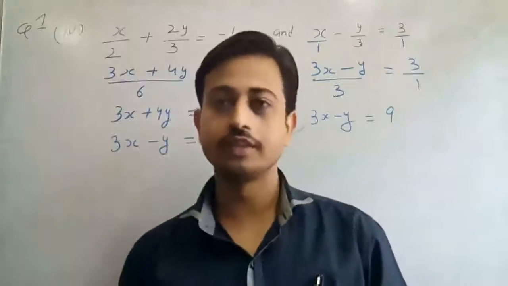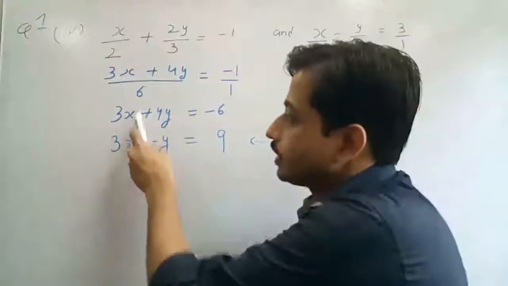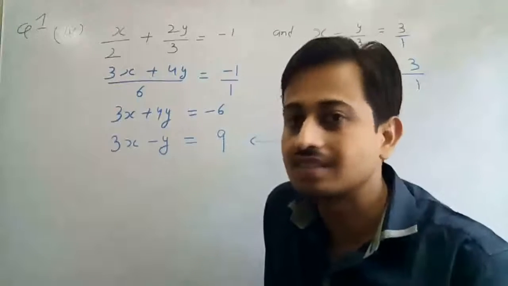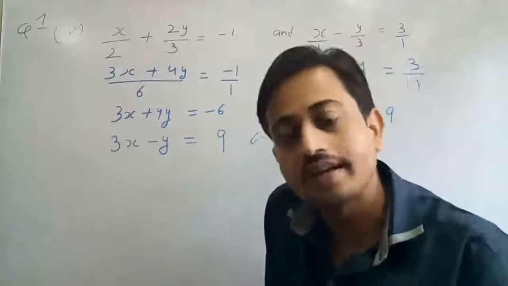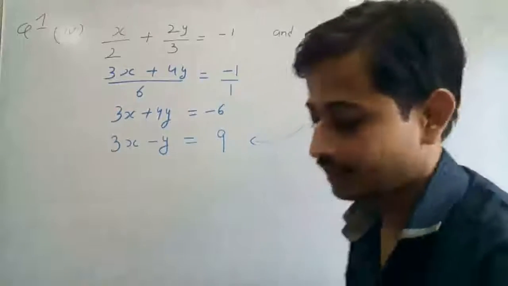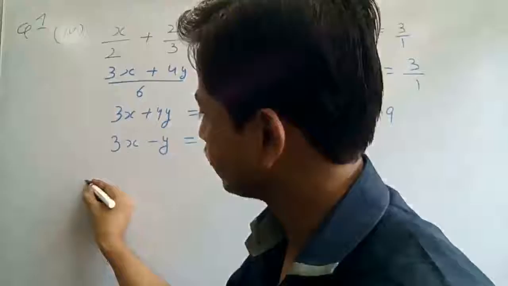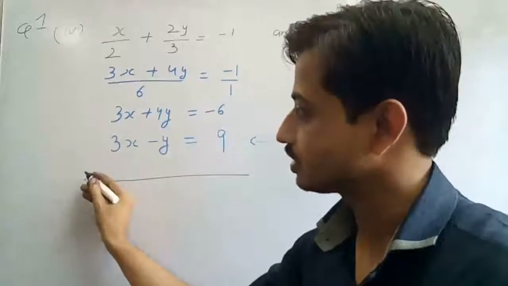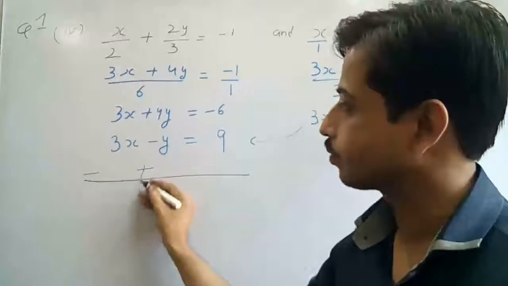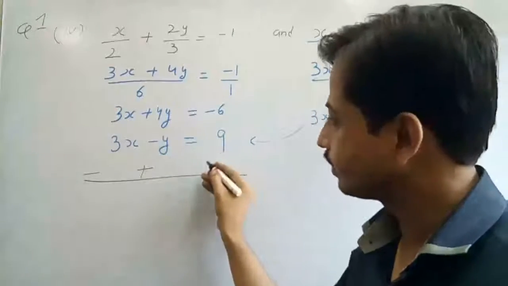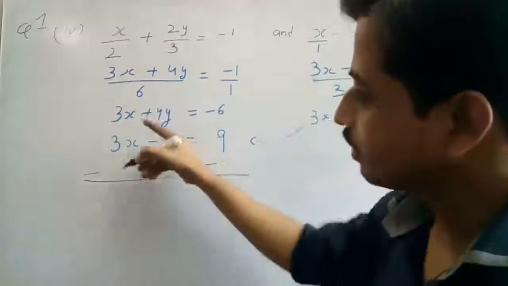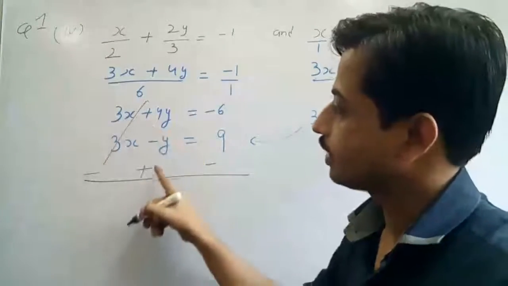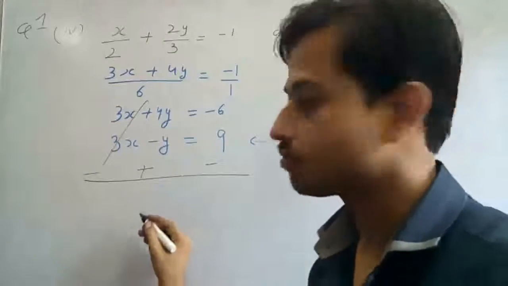Now look very carefully. In this, the coefficient of x is already the same. So our step 2 is not necessary to apply because we already have the same sign. So you can directly apply it. To change the sign, try to make it positive. This is negative. Try to make it positive. This is positive. Make it negative. Now this is positive 3x, negative 3x. Cancel out. Positive 4y and positive y. We get positive 5y.